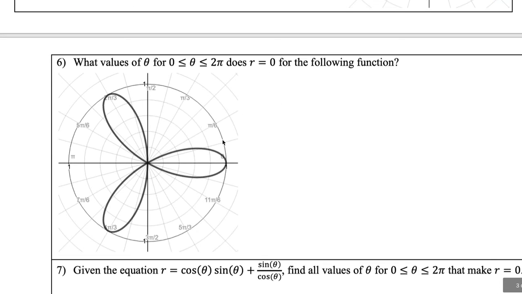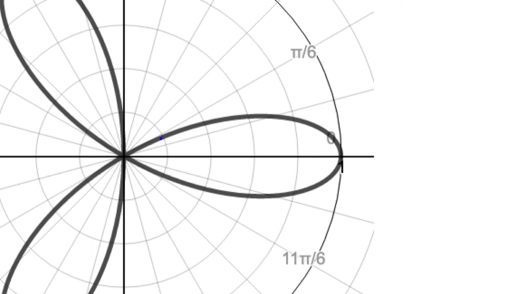Number 6, for what values of theta do you have r is equal to 0? And it is including 0, it is including 2 pi. Those, I know, tend to trick a lot of people. So on this one, r is equal to 0. There's, again, two ways of thinking about this function. My favorite way of doing this is as I am like an observer or an ant on this curve, and I'm approaching r is equal to 0, I'm approaching this pole here,